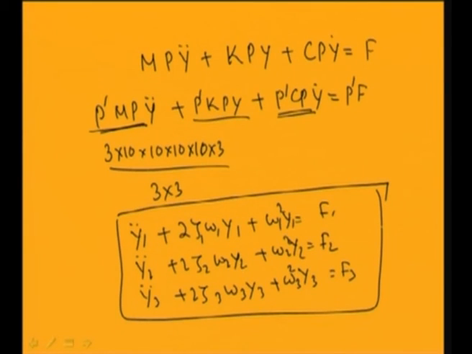So instead of carrying out a solution of a 10 by 10 matrix, you can reduce that to a 3 by 3 matrix, and you can solve these equations to find the response of the system. After finding y, you can obtain x equal to P y, and you can obtain the response of the system. So in this way you can solve the problems of a multi-degree of freedom system by using this